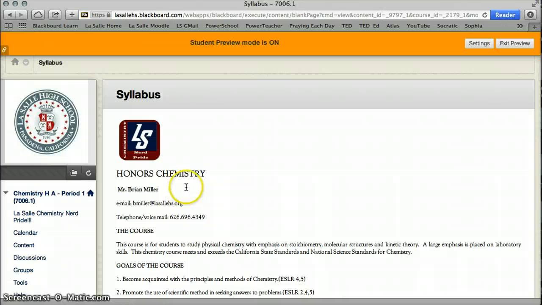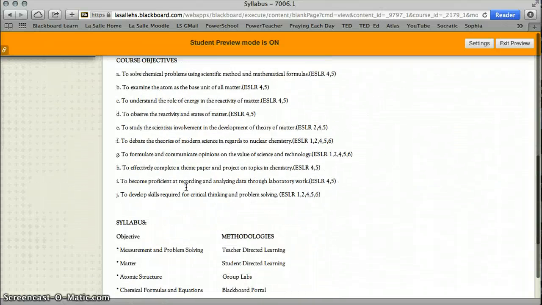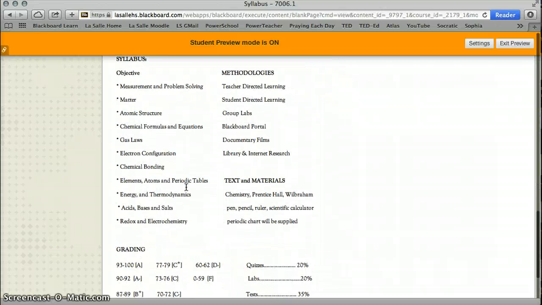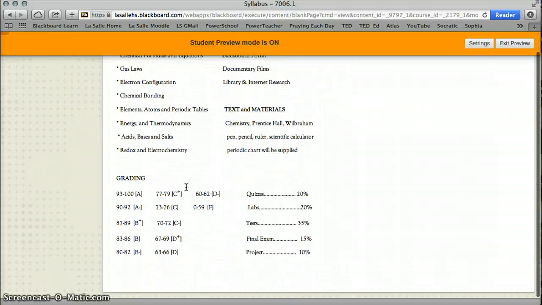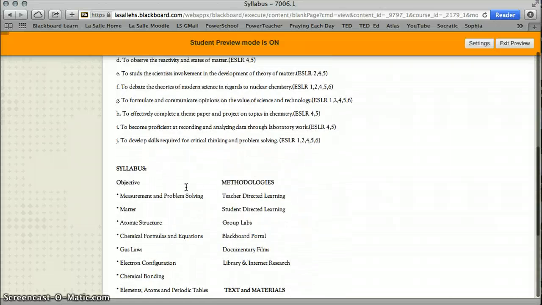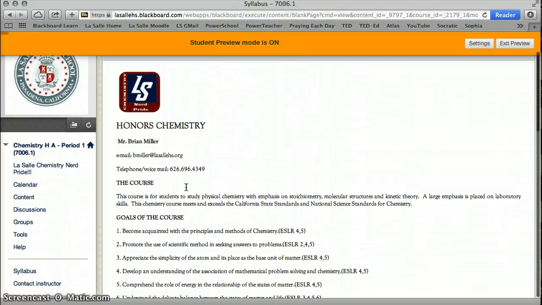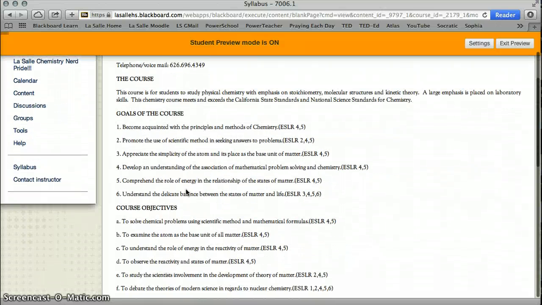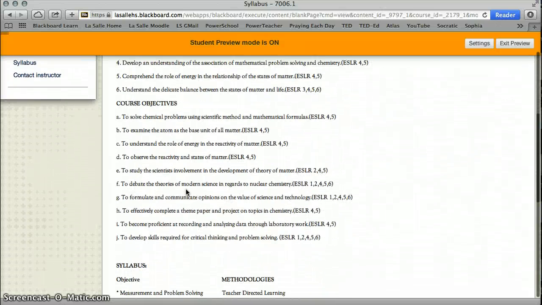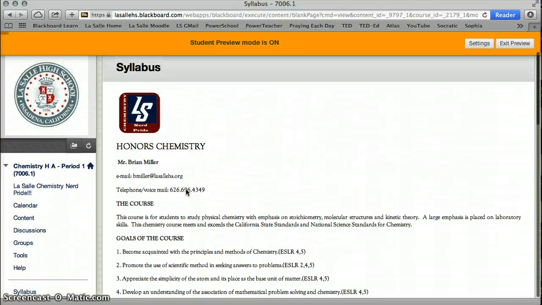And notice that when the syllabus comes up, it comes up as the actual part of the Blackboard. So it depends on how you want to present your syllabus, how you want students to use it. If you want students to be able to print it out, you may want to put it in as a file. If you just want them to have access to it, you may want it added into the Blackboard content. So it's entirely up to you,